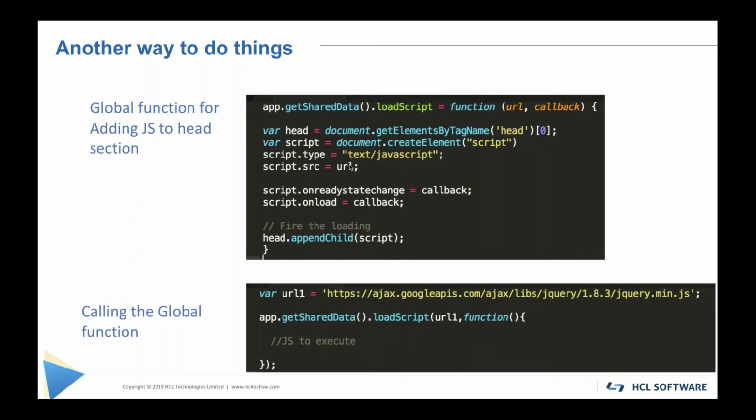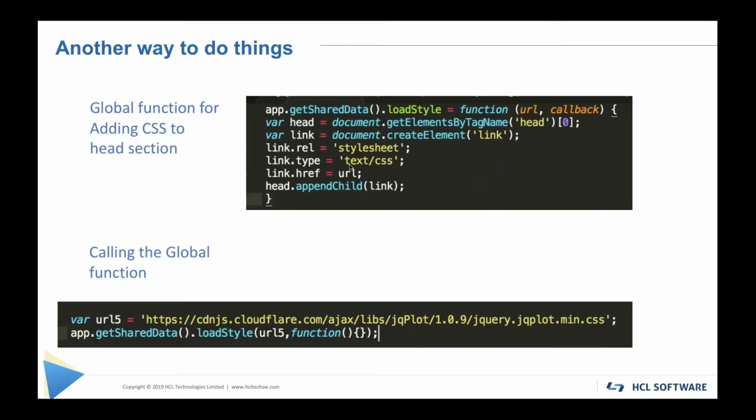And what I've done is I've wrapped it in a global. So you see the app get shared.loadScript. So I've got a global function called loadScript, right? So I have that on the application on start. And then when I want to call the function, you see the black box down below. I'm going to give it the URL. So that's the input parameter for the function. And I'm going to say load the script. All right, so that would then pass it the URL for jQuery and then load it. All right. The same technique,